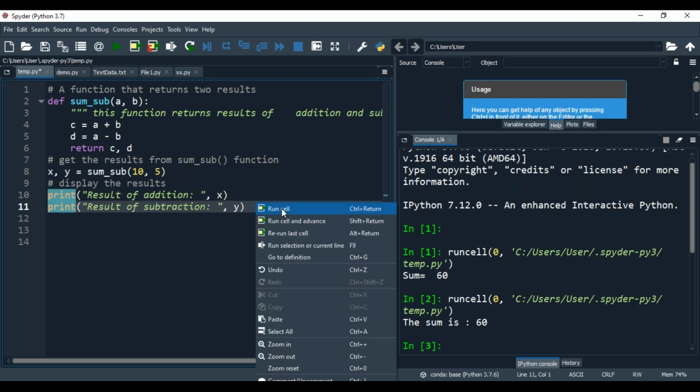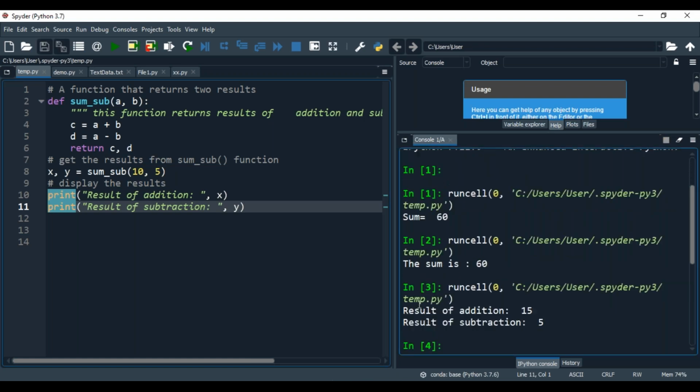See now, the result of addition is 15, the result of subtraction is 5. Understand? So this is called returning multiple values, more than one value.